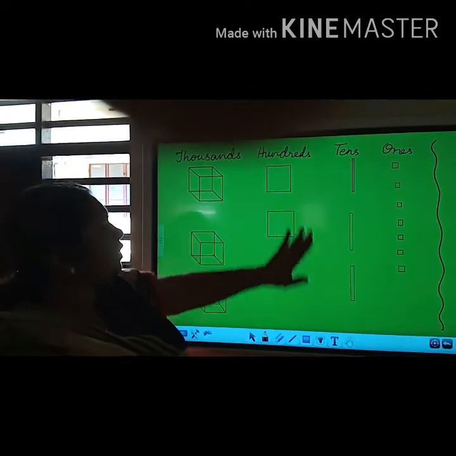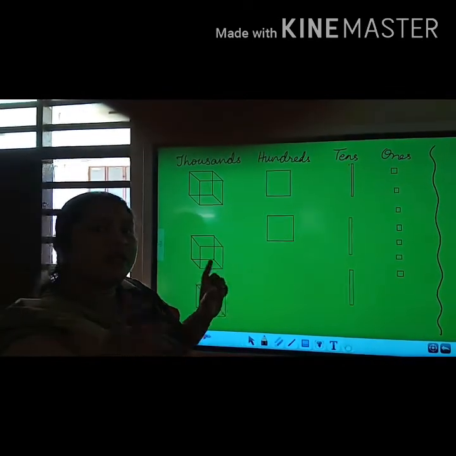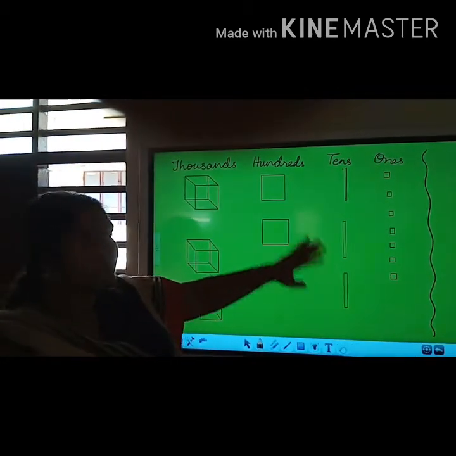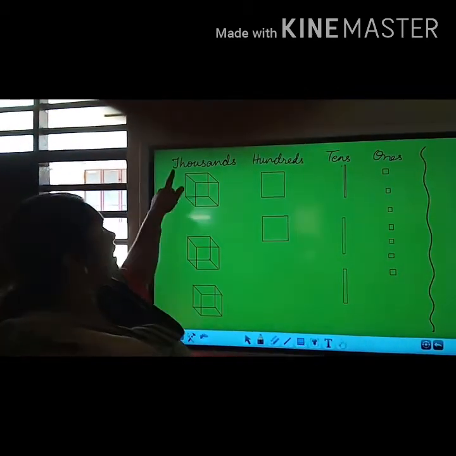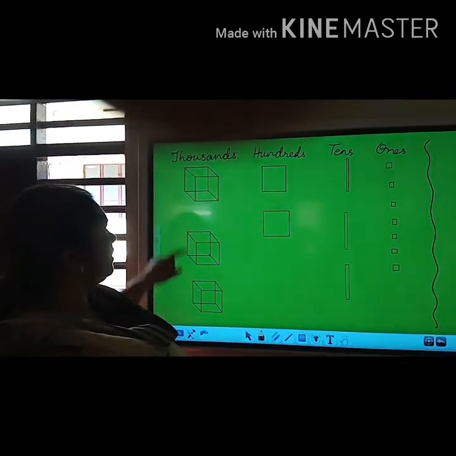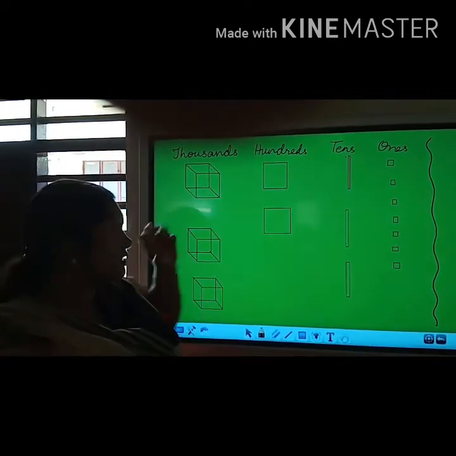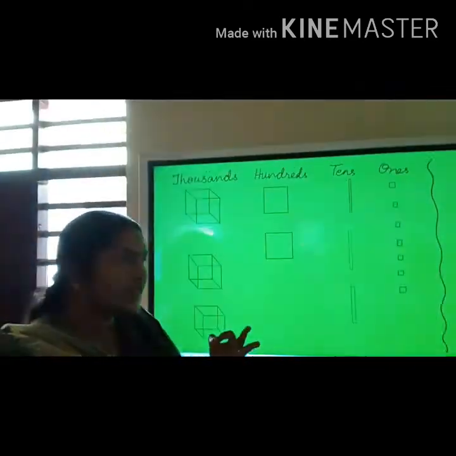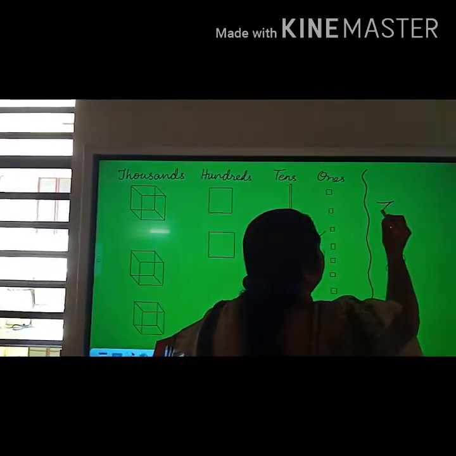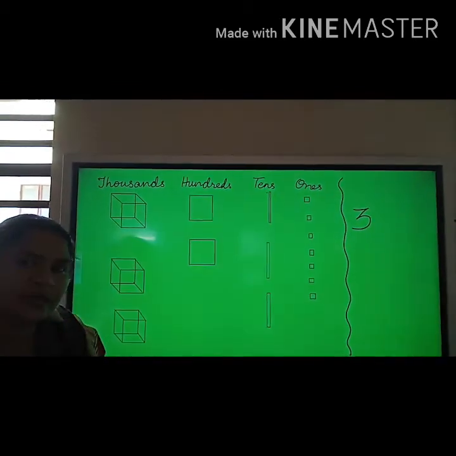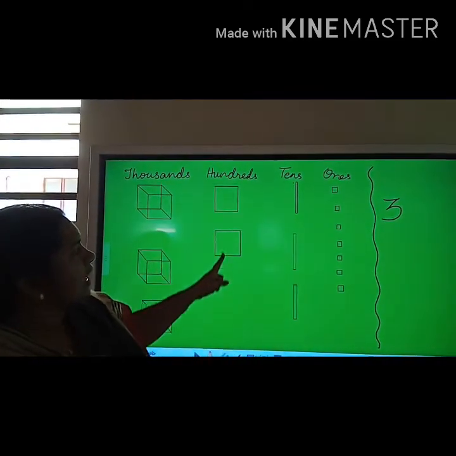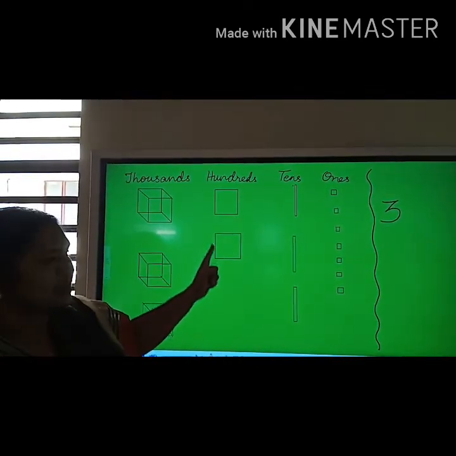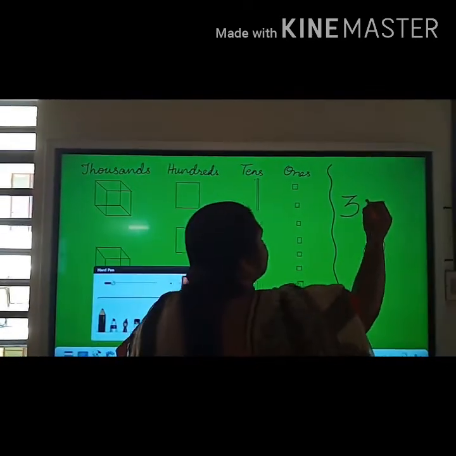So how to form this number? This is actually a 4-digit number. See, it is given in the picture. So how to write this in figure? That is standard form. How many thousands are here given? This one box is full 1000, 1000, 1000. So how many thousands are there? 3000. So in the standard form, 3 in the thousands place we should write. Then we have hundreds. So how many hundreds are here? 2 hundreds are only here. So in the hundreds place, 2.